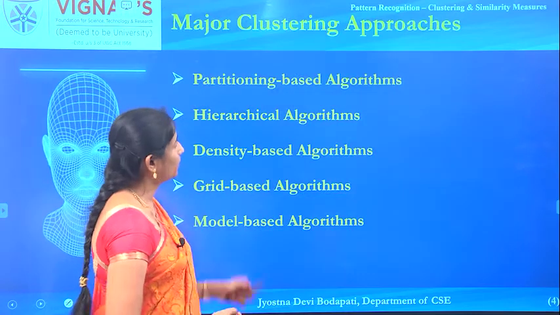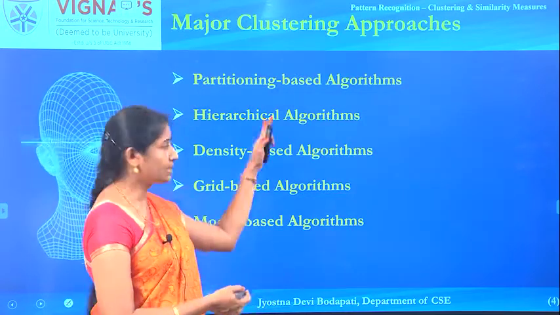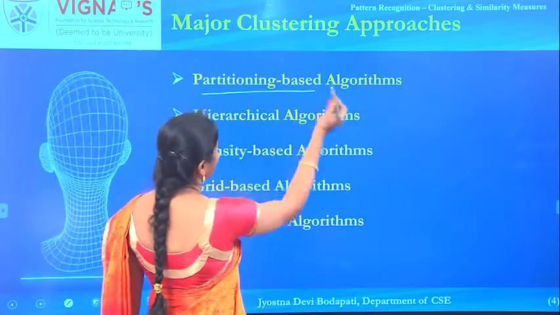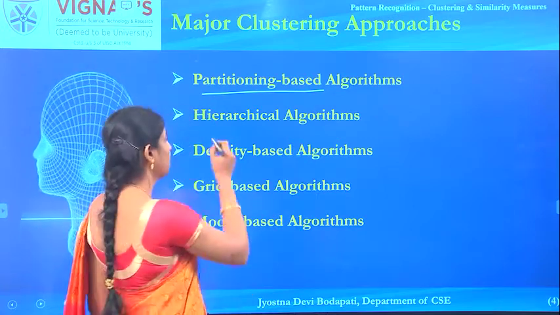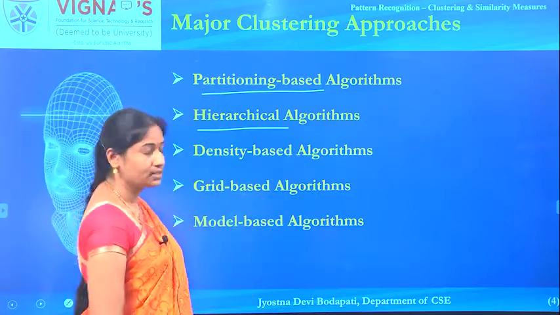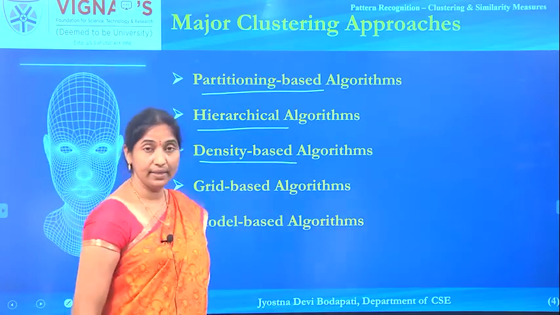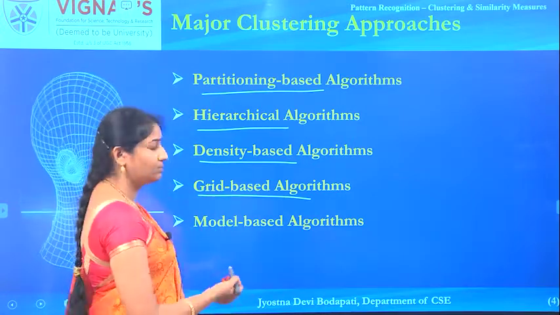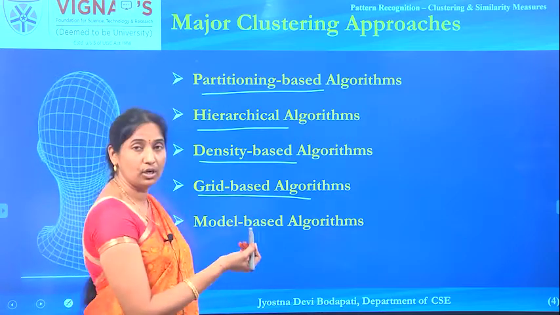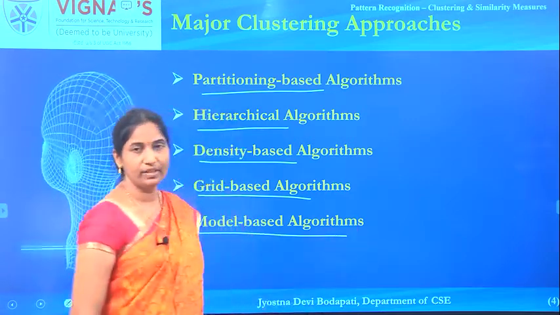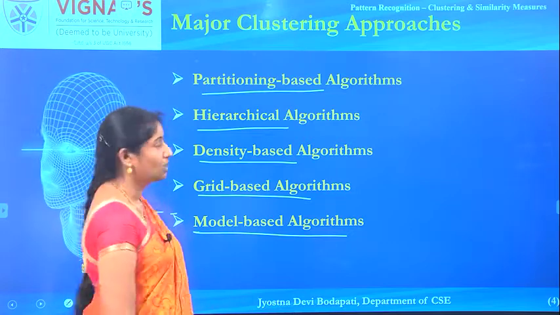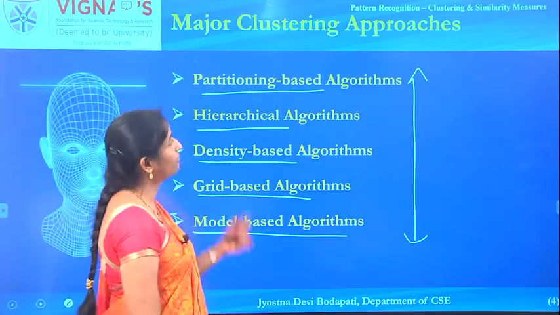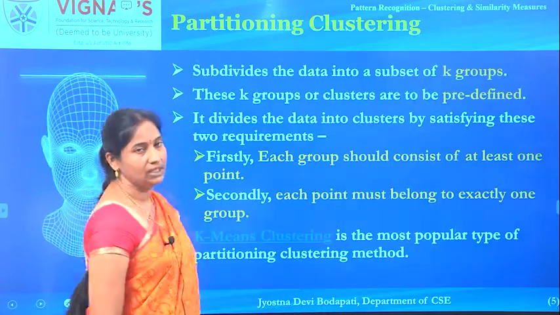Let's see what are the different types of clustering algorithms that can be useful. One set of algorithms are partition based algorithms. Then we have another set of algorithms known as hierarchical algorithms, and another is based on density. Then there is another set known as grid based algorithms. Even graph based algorithms are also possible. Then there is another set known as model based algorithms. So these are the different sets of algorithms that are popular for the clustering task. Now let's see each of these in detail.